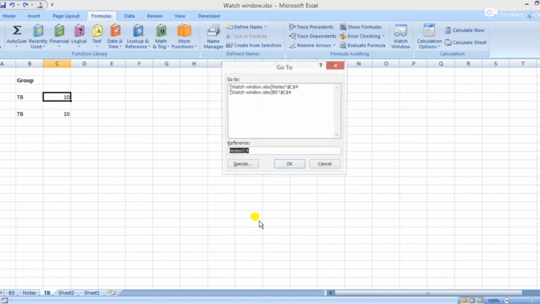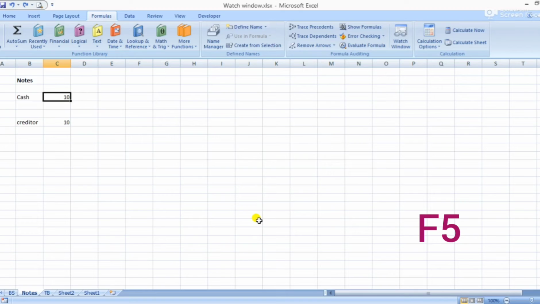By pressing F5 we can go back. So let's first go to the balance sheet. Now here we can see that the balance sheet is tally, 0. If now I make any change over here, there are only 3 sheets but there can be multiple sheets also. If I make any change over here, then the balance sheet must not be tally. We can see here differences arise.